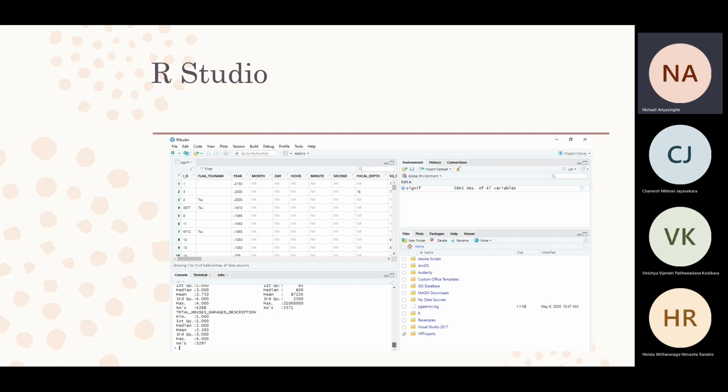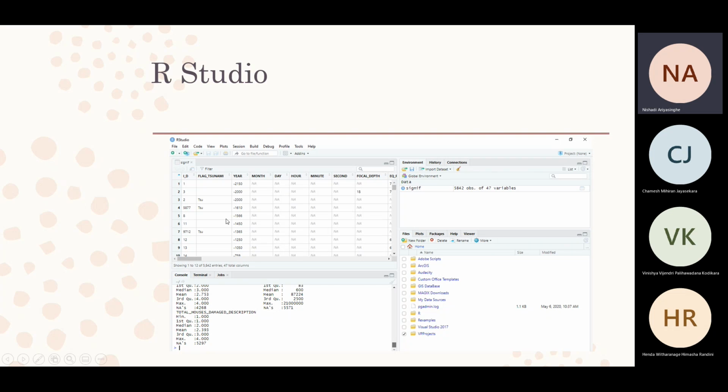Okay, so the application itself is divided into four parts. This is the data that you have loaded, here on the left upper part. Maybe the CSV file. If you can remember, we worked with the CSV file which includes tsunami data.